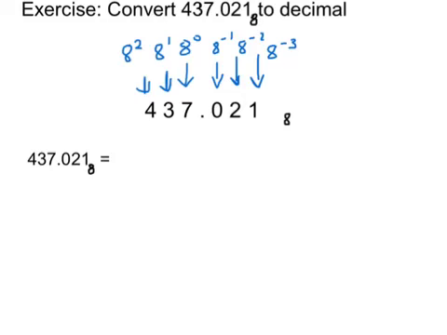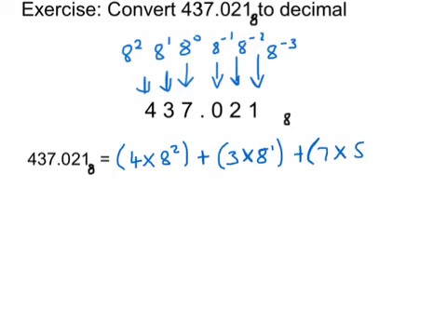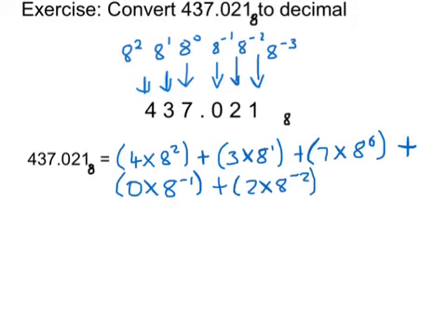Writing 437.021 base 8 as a decimal number, we have that it is 4 multiplied by 8 to the power of 2, plus 3 multiplied by 8 to the power of 1, plus 7 multiplied by 8 to the power of 0, plus 0 multiplied by 8 to the minus 1, plus 2 multiplied by 8 to the power of minus 2, and lastly 1 multiplied by 8 to the power of minus 3. And working this out, we have